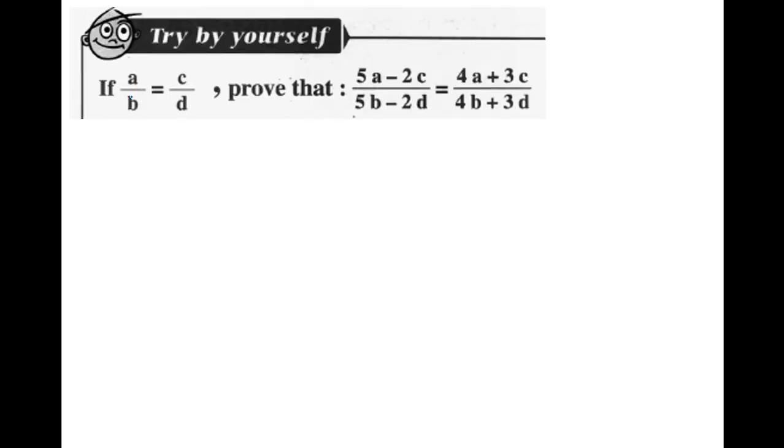Here I'm going to assume from here that I have a equals bm and c equals dm. Then I'm going to begin by taking the left-hand side. It will give me 5. Instead of a, I'm going to put bm minus 2. Instead of c, I'm going to put dm over 5